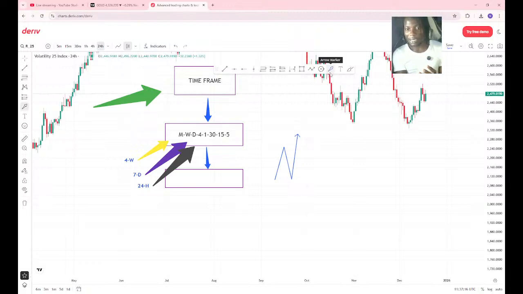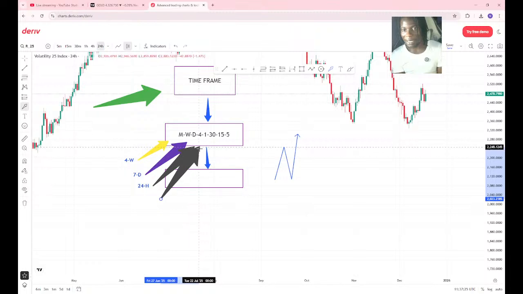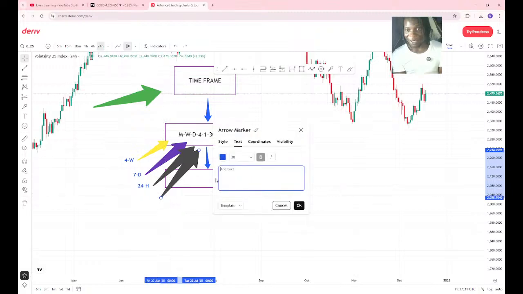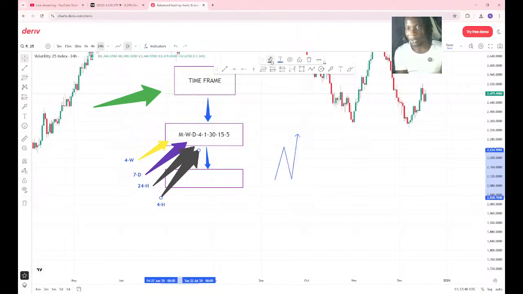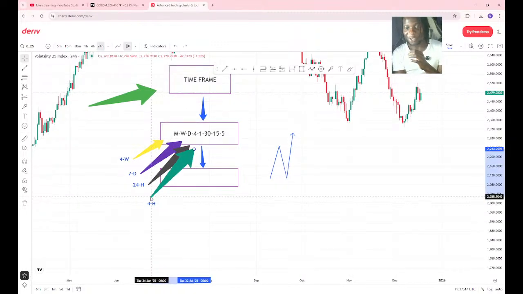So now you understand that in a day you take 4 hours. Okay, so what controls the 4 hours movement is 1 hour, right? So 1 hour, how many? We say 4 times, right? 4 times 1 hour will create a 4 hour candle. You guys are seeing how the math is getting reduced. We are reducing the math now. This is how trading works, and there's no big step away from it or anything.